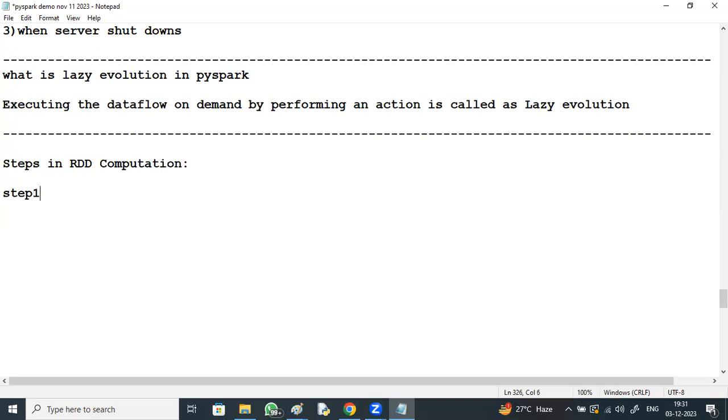Step one: initially, all the RDDs are declared. They are not stored anywhere.